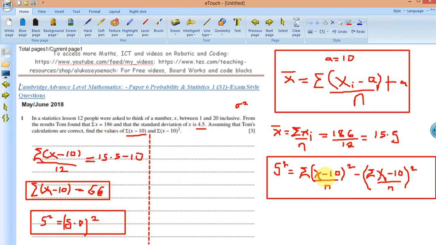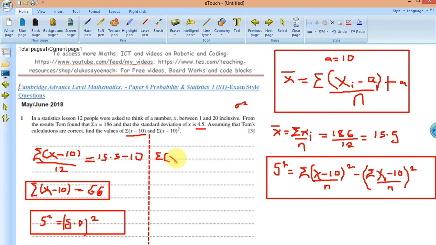But the only thing is that I want to use this one as the subject of the formula, guys. This one as subject of formula. So I think I should write this one here first, right? If you don't mind, let me just write summation x minus 10 all square over n